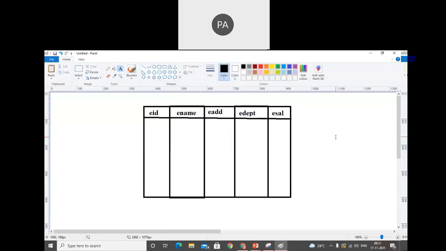When we talk about the primary key, it itself indicates that the record of the column must be unique. That means we do not receive duplicate values. So when we talk about employee ID, employee name, employee address, employee department, for example, there is a chance of having the same employee name, the same address, the same department name, the same salary. In that case we get some duplicate data.